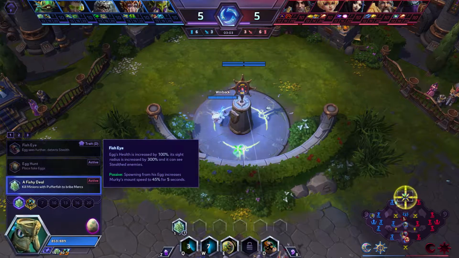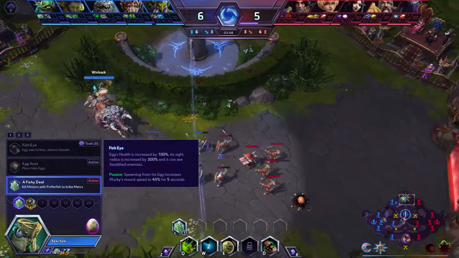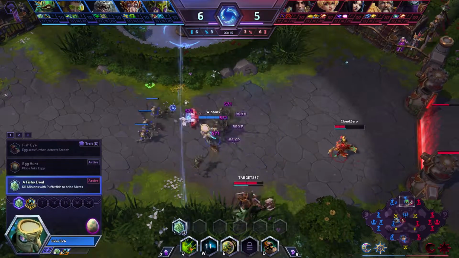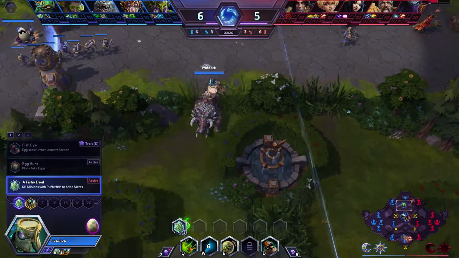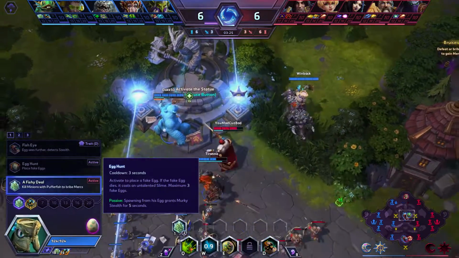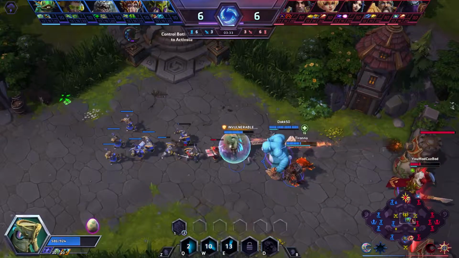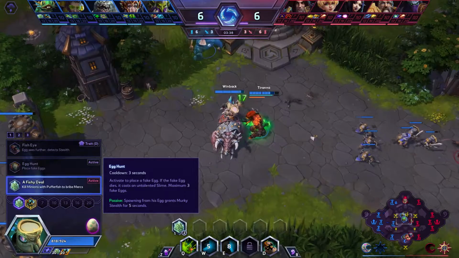So when I say that, you want to make use of every life that you have with Murky. And talents like this are just going to kind of feed into this notion that Murky gets value even when he dies, when that shouldn't be the case. You should be using literally every life that you get with Murky to the maximum effectiveness. Same thing goes with Egg Hunt. These are kind of vision, they're wards, essentially, and if the enemy team hits them, kills them, they get slimed. So, again, it's going to make Murky,